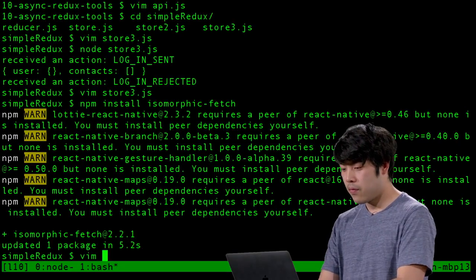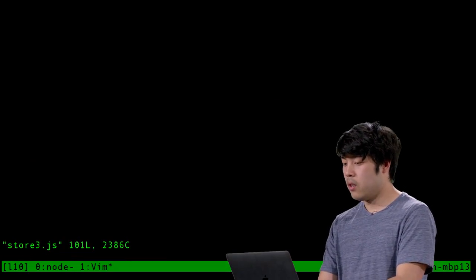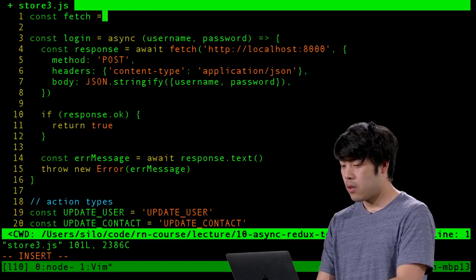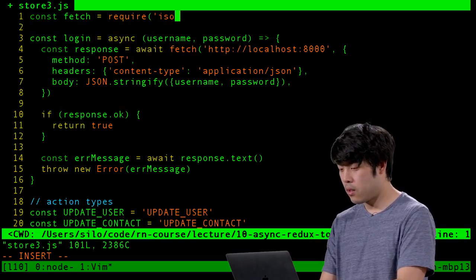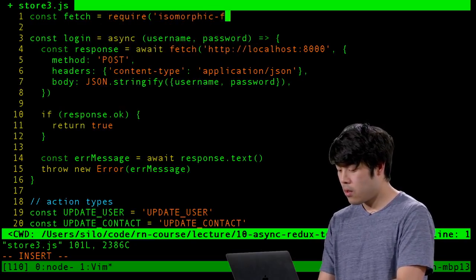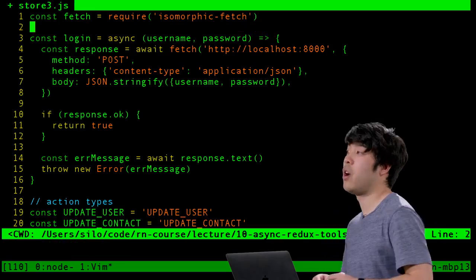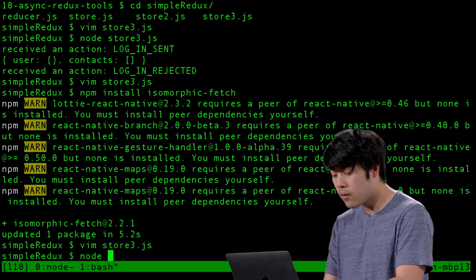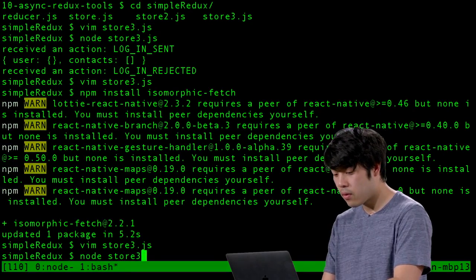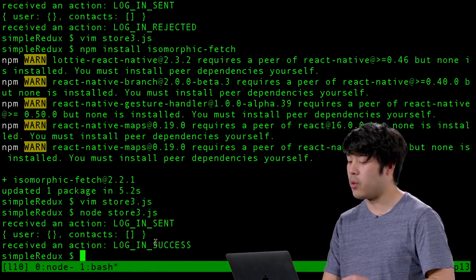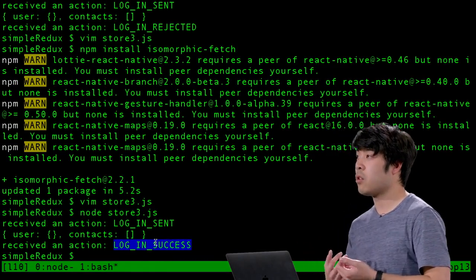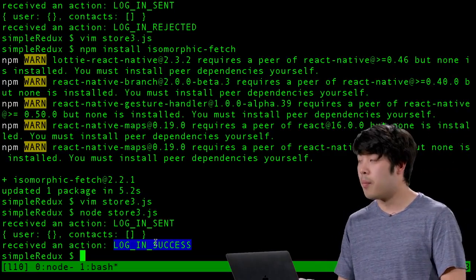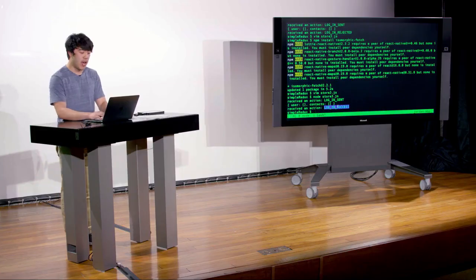And so let's, again, try this file and do this require statement, which is Node's version of an import. Then now we can run this again and see that the login was indeed a success. Great, so now we went and actually implemented our own asynchronous action creator, and we can go ahead if we want to